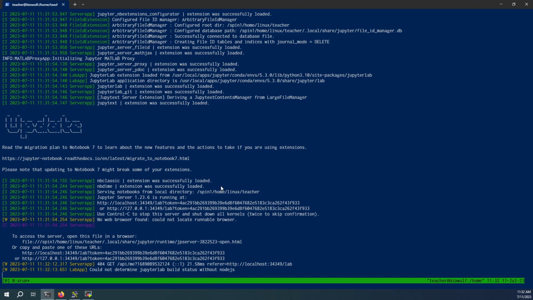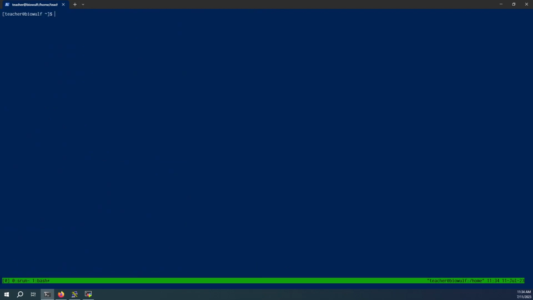Now, by default, this doesn't make it easy to scroll up, and so we don't know how to reconnect to our tunnel. But we do have this information here. You can go on the website and copy paste that command and swap out your username and the port if you like. But there is also a handy tool that we can use to get this back. And so what we can do is open up a new window or a new terminal inside of tmux. So if you hit Control B, and then C, this will open up a new window, and we can run